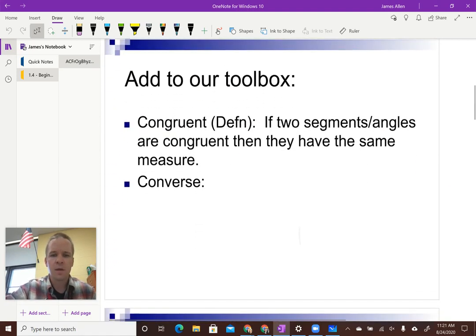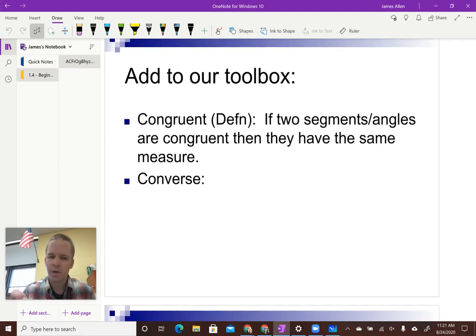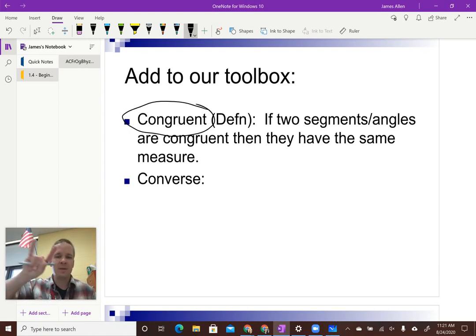All right. So I think we actually already added in congruent, but if you haven't done so already, congruent is a biggie. All right, if two segments or angles are congruent, then they have the same measure. All right, so this applies to angles, applies to segments. It actually then will apply to triangles, polygons, all sorts of awesome stuff as we continue on through this school year. All right. Now, converse. What does converse mean? All that means is that we're just flipping it. So if we were to write that out,